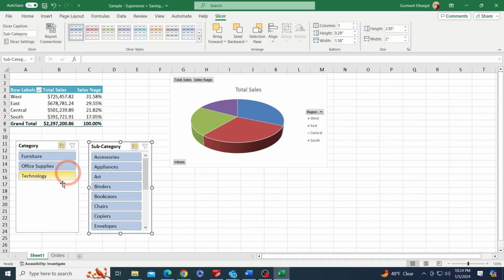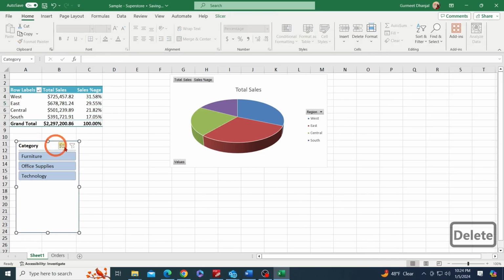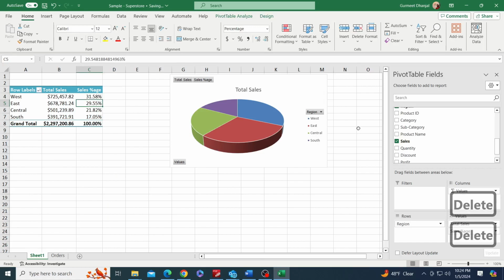I can clear all the filters. Now I'm showing again all the sales for all the categories. Another way to apply the same filters, let me show you that. I can delete these from here, and what we can do is drag category and subcategory here